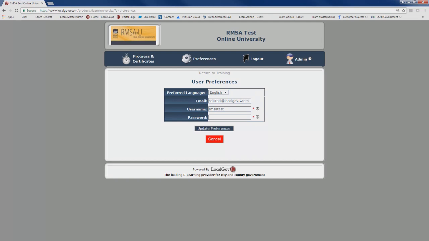You can also change your email address. You can change your username and password. Now, there's some specific information to go over for usernames and passwords if you do change them. Usernames can be anything. We recommend an email address, but if you decide not to use your email for whatever reason,